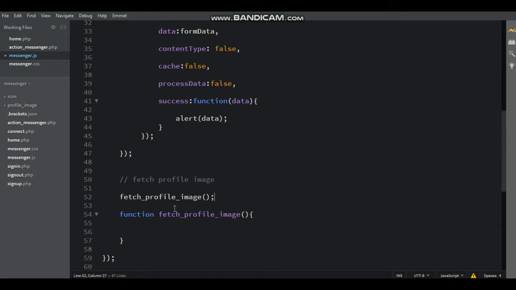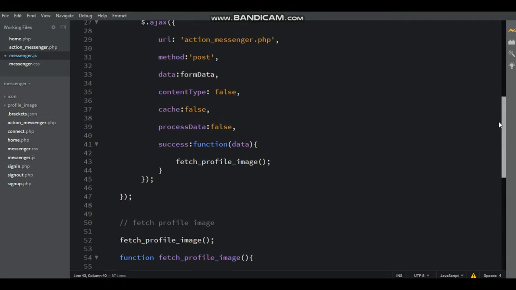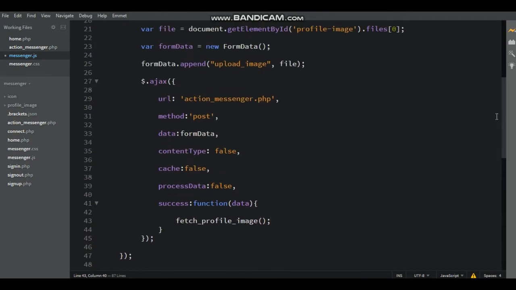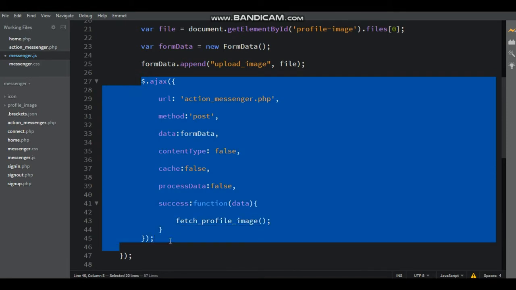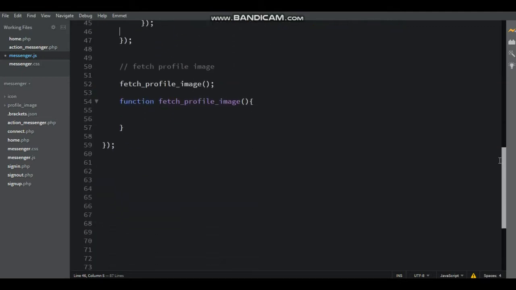And also when success, data, upload profile image and remove the alert and paste fetch profile image inside the success function, and then copy the AJAX request and paste inside the function fetch profile image.